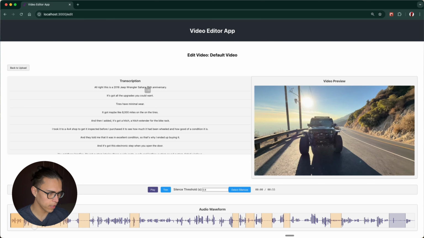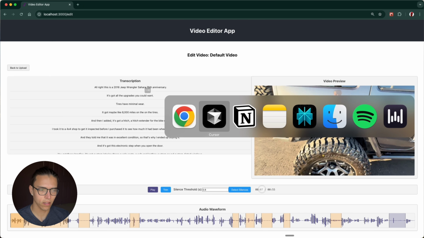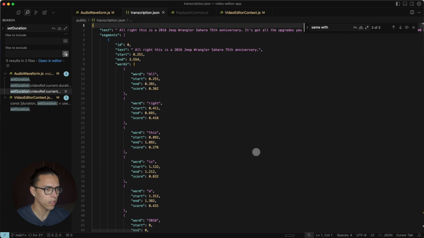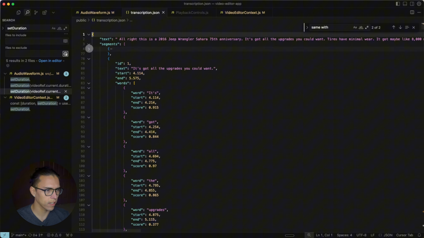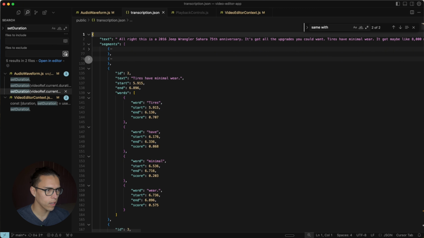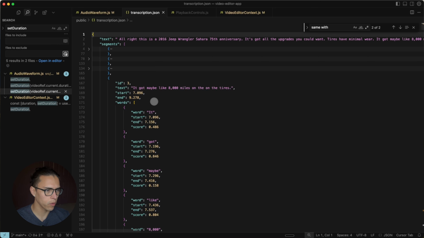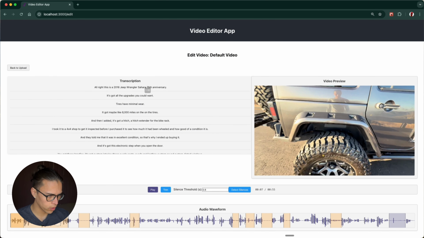I'm wondering if it's going to be the same thing, that the transcription that we have doesn't actually start till around 7 seconds. So let me go into the transcription and then go to the top. I can see that this first segment lasts about 3 seconds. Let me look at the next segment. It starts at 4, it ends at 5.5, and then the next one is at 5.9 through 6.9, and then 7 through 9.2. Okay, so the transcription looks like it could be correct right here. We just need to look into the logic